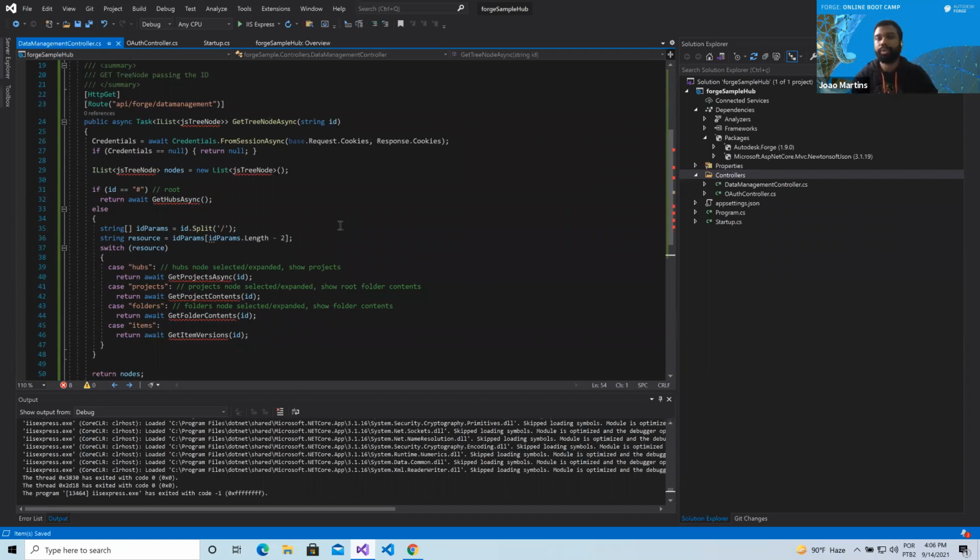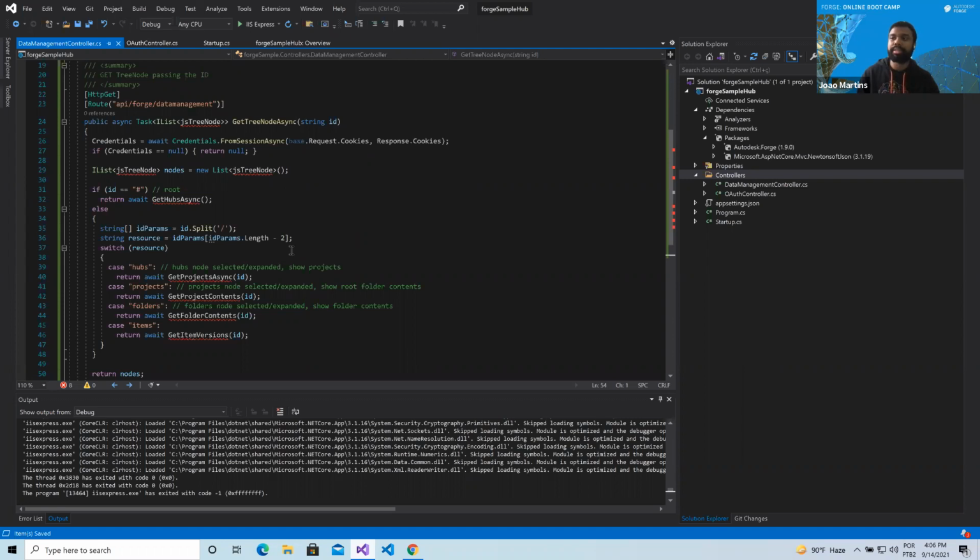As you remember from our first session, our application will have two columns. The first one on the left will have the tree of all of our hubs, projects, folders, items and versions. And on the right, we'll have the viewer, which is going to render each of our versions,